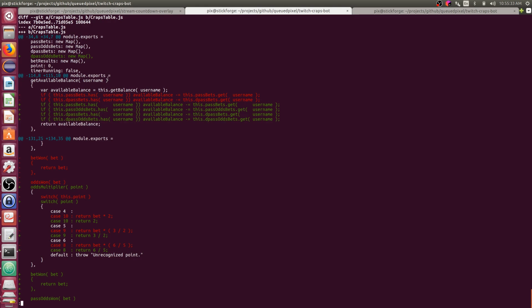So I've added our new data structure, our don't pass odds map data structure, where we store the don't pass odds bets. I've got available balances. I should have modified this earlier, but I've caught it up to where we are now. I've added in the pass odds bets and the don't pass odds bets. What the heck here? Oh, this is because I did my odds multiplier, so the diff is a little weird,